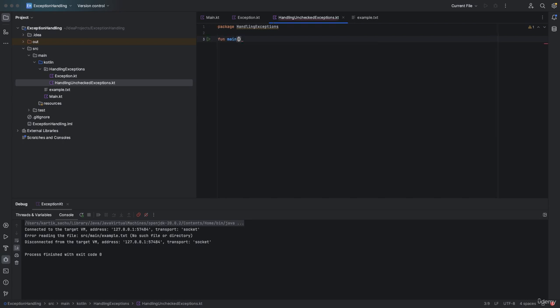On main, suppose I'm gonna use try. Catch e, suppose this time arithmetic exception,